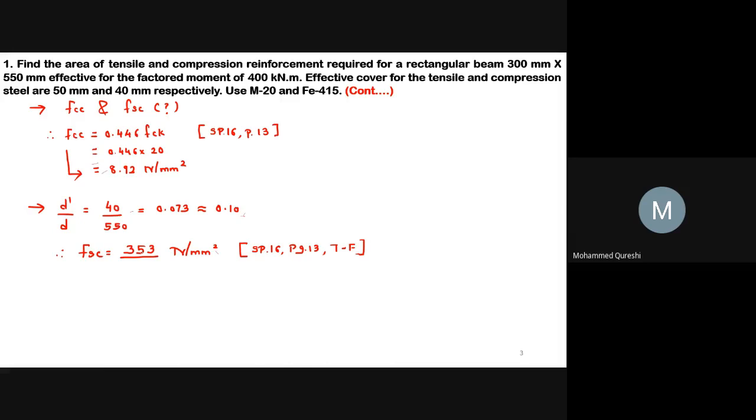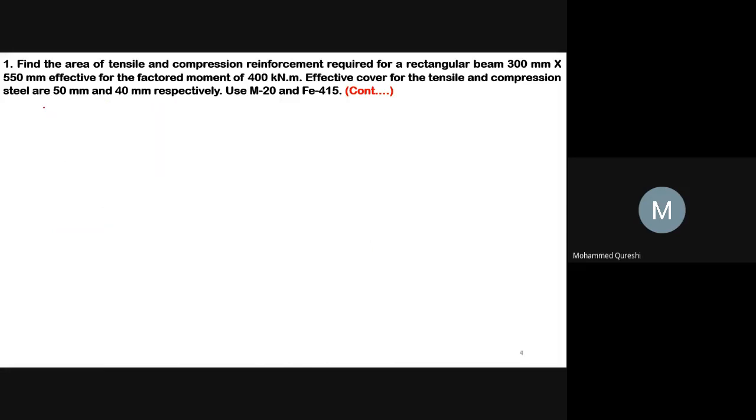This step we had already done in the analysis portion. Now, as we got the value of FCC and FSC, we have to find the value of ASC. So our next step will be to compute ASC. And for ASC, one equation is given in IS 456 2000, that is Mu minus Mu limit equals to,